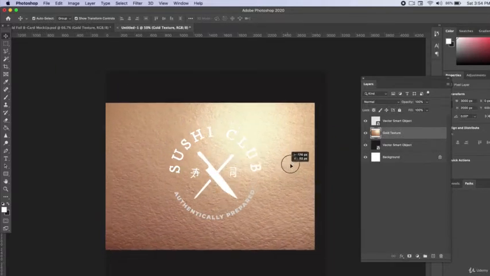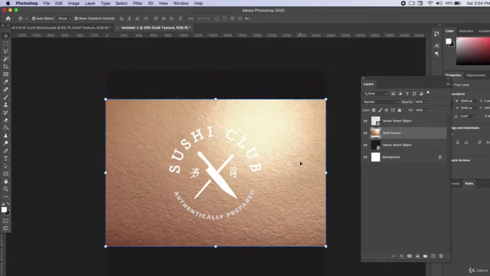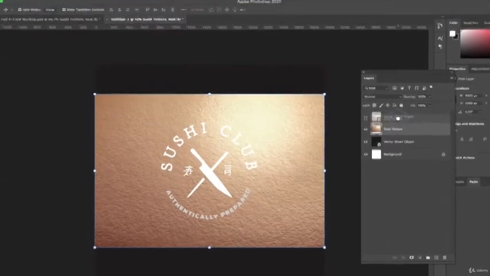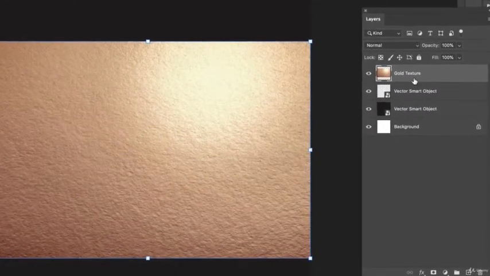I just borrow it, you can grab any gold texture from pexels.com or anything you find. I haven't been able to find a gold texture quite like this on some of the free photo websites. If you find one, please let the other students and community know because I just really find this texture quite realistic and nice. I'm going to bring the gold texture on the very top